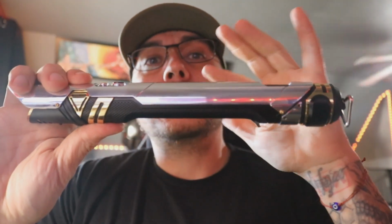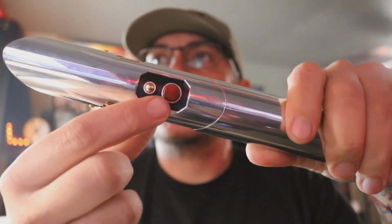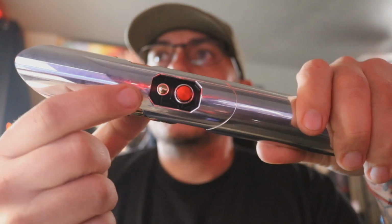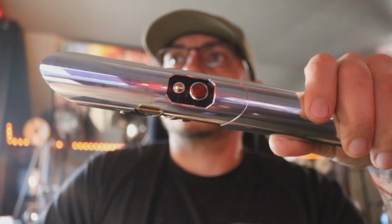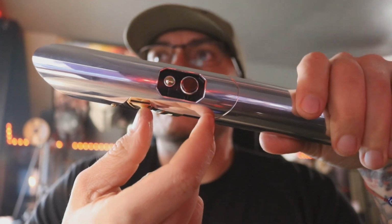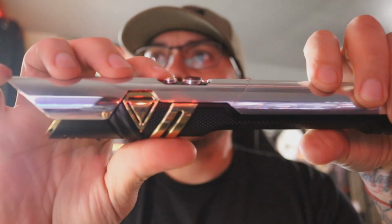This is installed with a Goth Master chassis. It is a 2-button setup. So your 2 switches here, your big one's going to be your power, and your little one is going to be your auxiliary. Now, one thing that I noticed about this little one, or your auxiliary switch, and the piece that went inside of it that connects to the chassis, is that this switch cannot be screwed all the way